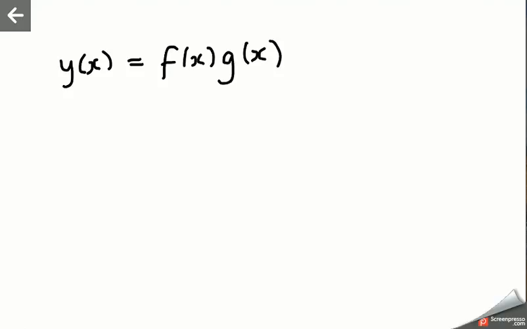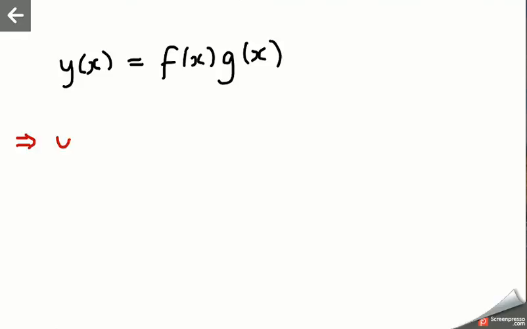Hey guys, this section is about the product rule. Now the product rule says that for a function y of x that can be written as the product of two other functions, f of x times g of x, so y of x is equal to the product of f of x and g of x, then as long as you know the derivative of f of x and g of x, it's actually really easy to find the derivative of y of x, because the product rule says